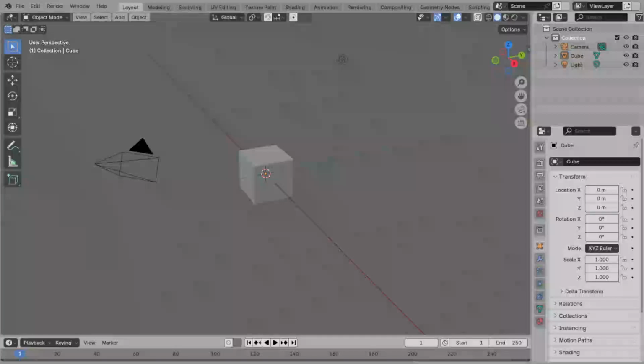In today's video, I'm going to teach you how to enable and manage add-ons in Blender, a crucial skill to enhance your 3D creation capabilities. Whether you're new to Blender or just trying to get the most out of your setup, understanding how to manage add-ons effectively can really streamline your workflow. Let's dive right in. First, open Blender and go to the Edit menu, located at the top of the application